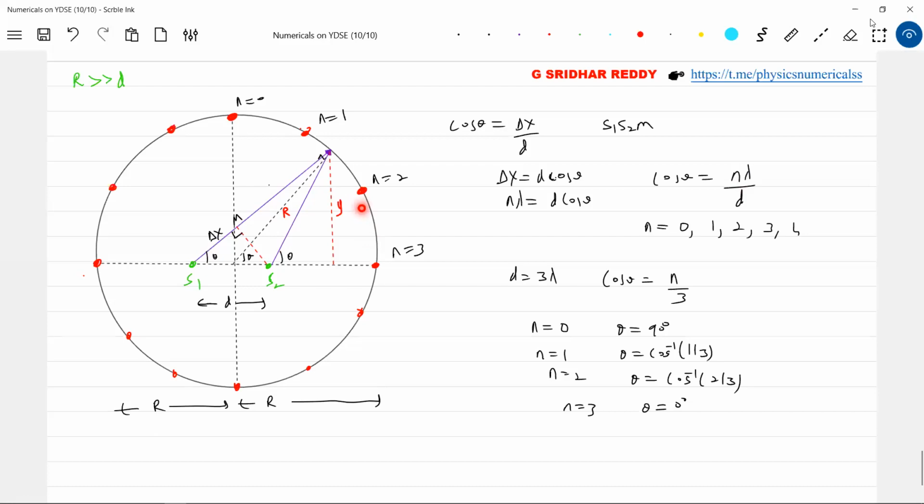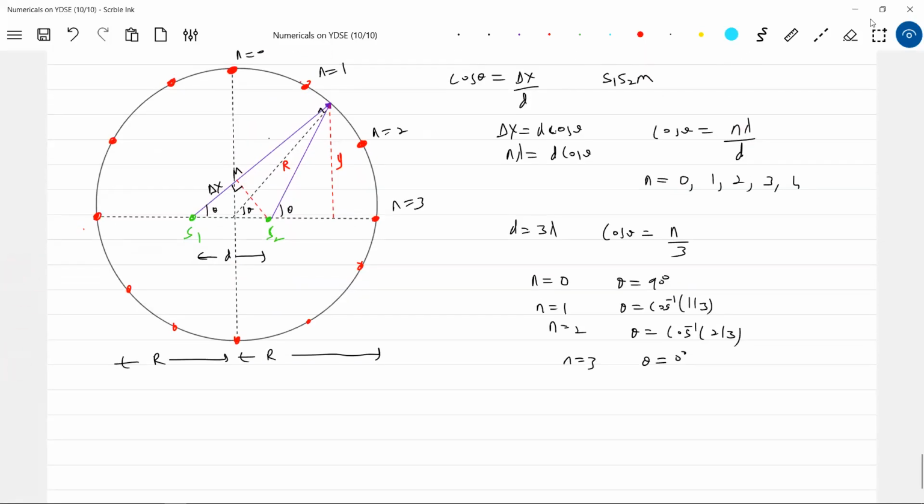What shall I do for that? I think tan theta equal to, suppose this position I needed. Can I find this out? Because I know this is capital R. I know the theta position. Sin theta is equal to that position y2 by R. And what is theta? The theta value we have is cos inverse of 1 by 3. Like that, we can locate that position.